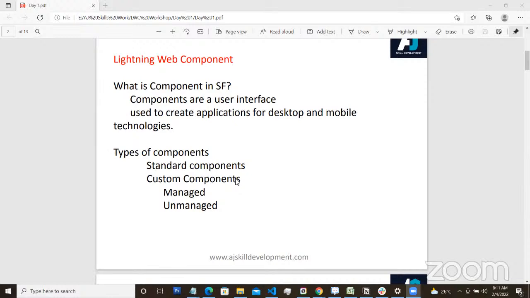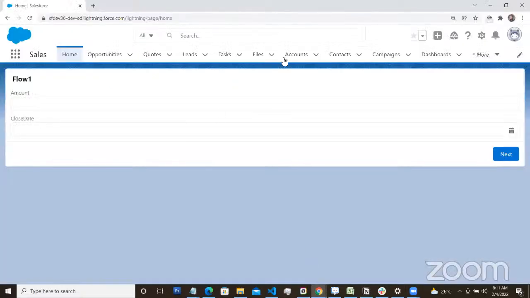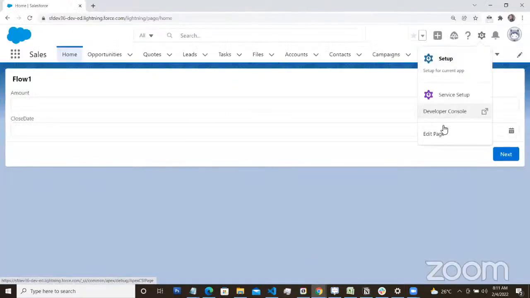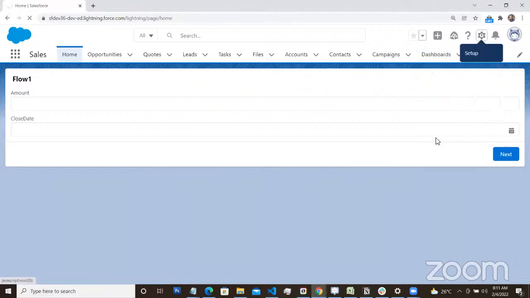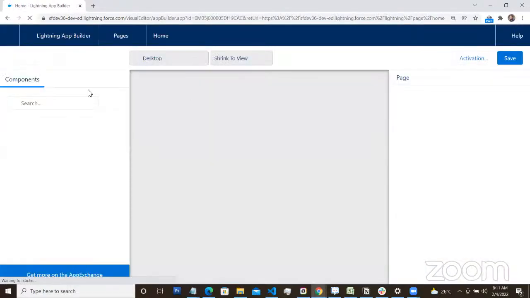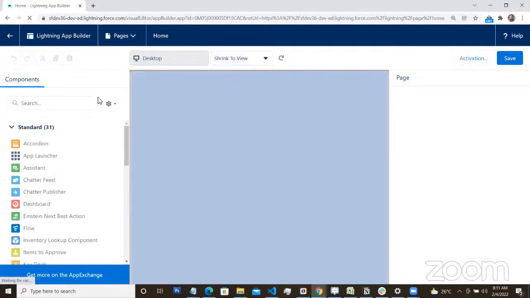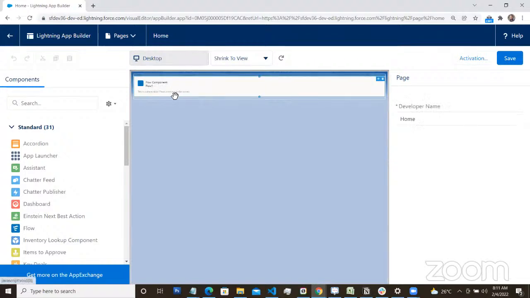it can be used in the Salesforce One mobile app also, right? So if you look at the types of components, you can classify them generally as standard components and custom components. If you log into your Salesforce org, you will be able to see plenty of standard components there. To see them, for example, I'm on the home page. Let me try to edit the page. I'm going for edit page. When I'm trying to edit this page, whether it's a home page or a record detail page, whatever it may be,